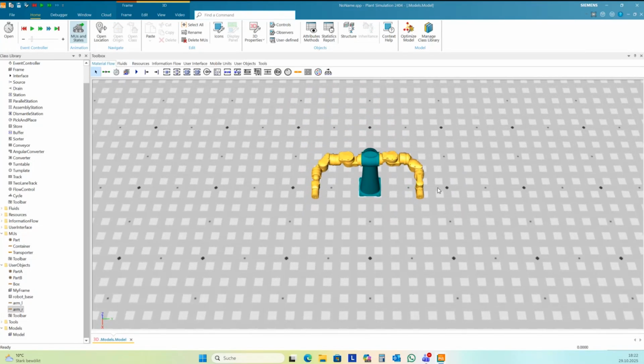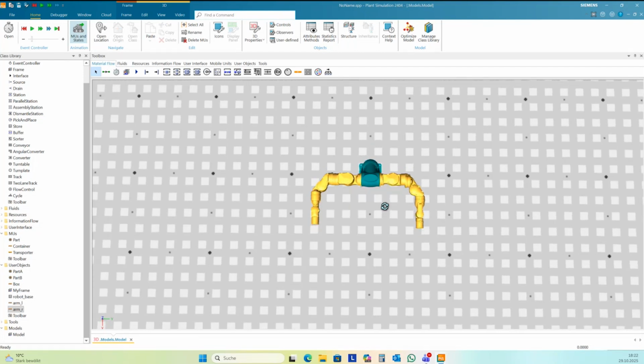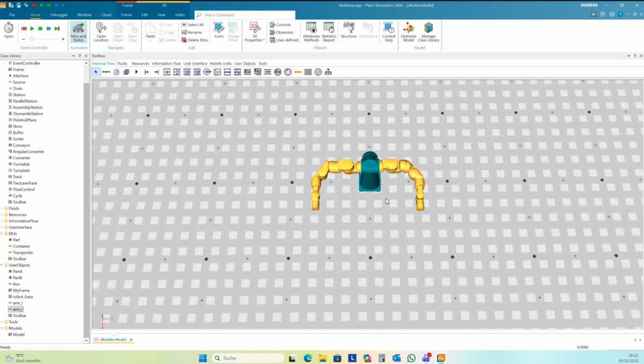So you can do the loading of one arm in parallel to the assembly of the other arm. And this gives some time advantages if you have very, very short cycle times. And so I want to create one assembly task.